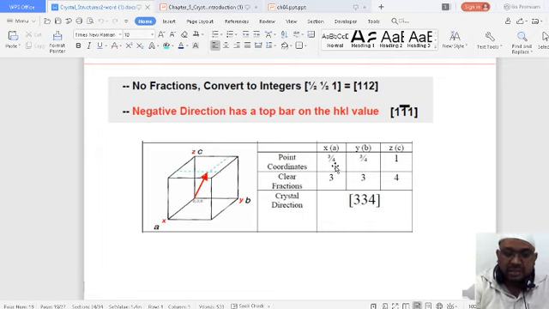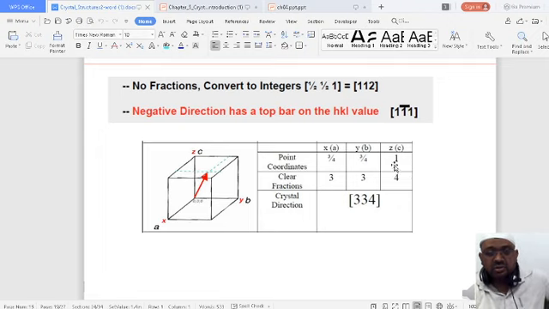The value of that part is considered to be 3 by 4. That is called point coordinates. We'll just indicate with point coordinates. So 3 by 4 on the x-axis, and 3 by 4 on the y-axis. And when we consider it as z, exactly this value comes to be unity.